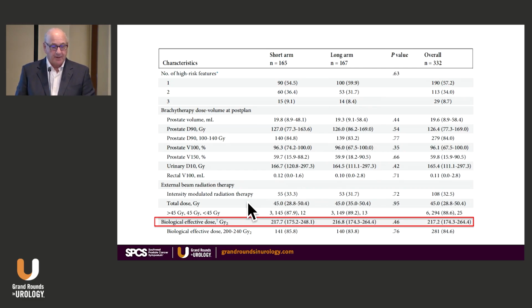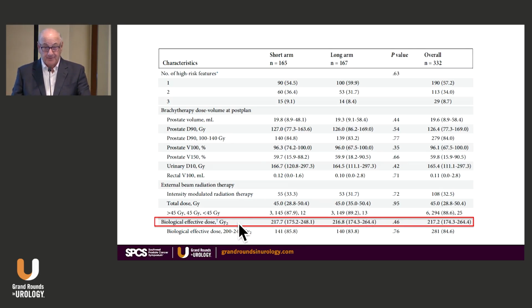But the bottom line here is right above the red. This is very interesting. How much external beam was given? So now the patients have had their implant. They've had the post-implant dosimetry. Now they're getting external beam. How many patients had an adjustment of the dose? So only 3 patients in each arm had to give more radiation, which means they did pretty good implants. On the other hand, 25 patients, 12 in one arm and 13 in the other, they had to lower the